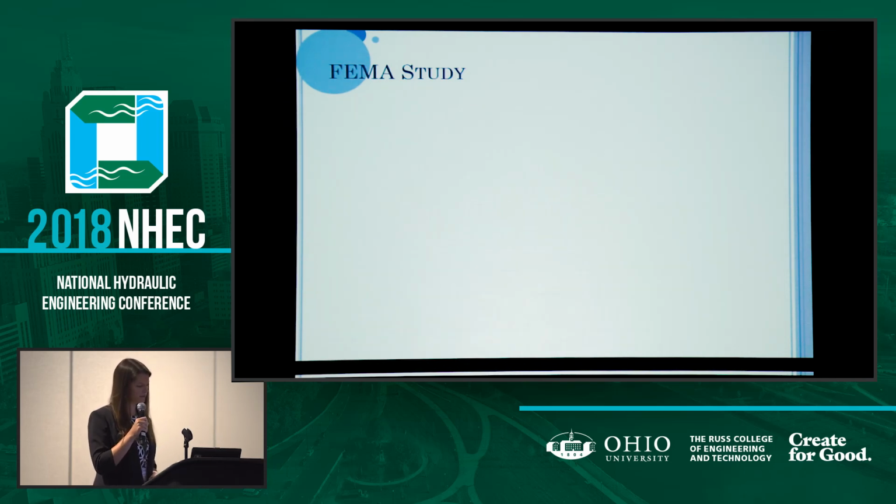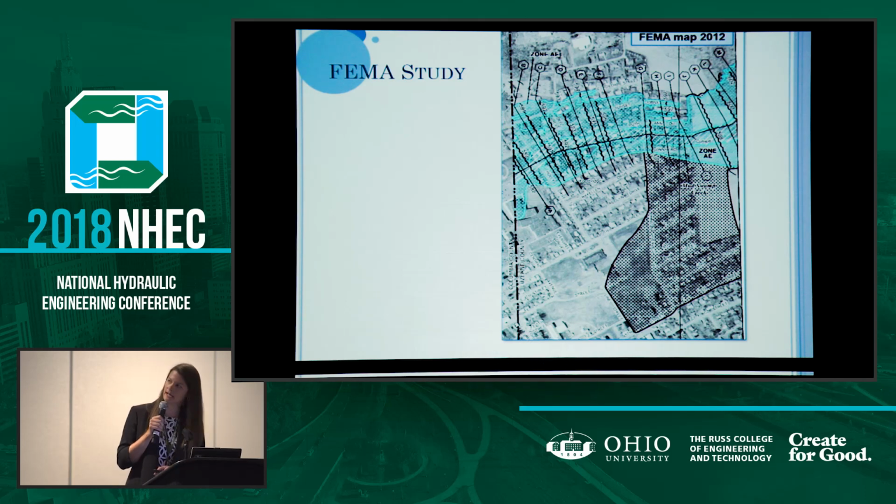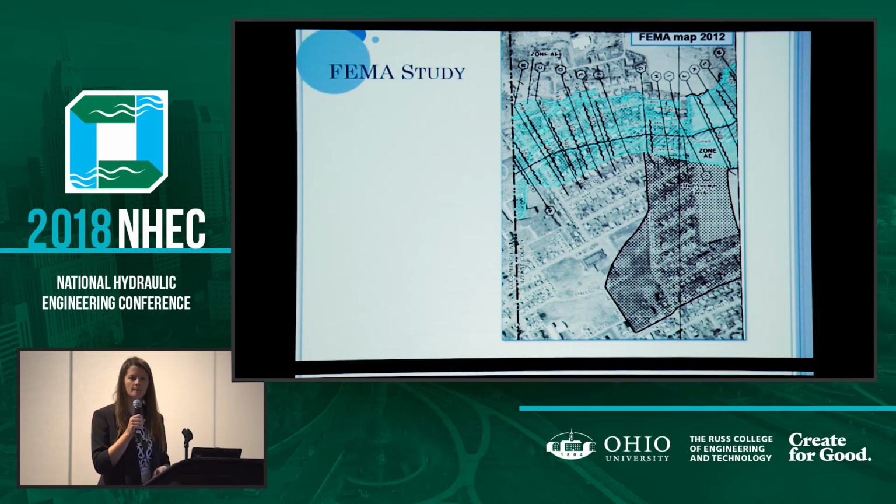So now we'll compare it to the FEMA map update from 2012. This is zoomed into the lower reach that we just looked at on Mud Swamp Creek. In general, the floodplain limits appear to be the same. Okay, so now we're looking at the blue line work. And now we have an aerial photograph in the background, and that gives us a perspective of the number of homes and businesses mapped within that 100-year floodplain. And you may also be able to see the hatching along Mud Swamp Creek itself, and those are the floodway